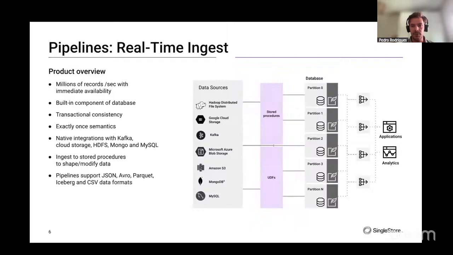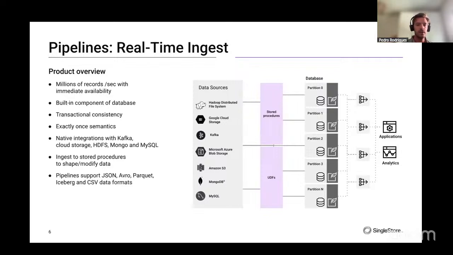We can connect with very well-known data sources like Google Cloud Storage, Kafka, Amazon S3, MongoDB, MySQL, and many others. These pipelines ingest information in real time.